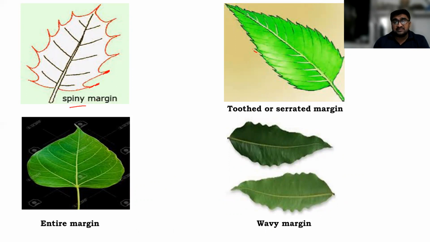Then those leaves which have tooth-like notches, a saw-like border, are known as tooth or serrated margin. Wavy, those leaves which have a wave-like margin, are known as wavy margin. And when the margin is entire, when it is complete, such leaves are known as entire margin. We have also studied that the leaf of the peepal plant has the entire margin, and this is also an example of a heart shaped leaf. Then we have seen that the Ashoka leaves are tapering shape leaves.